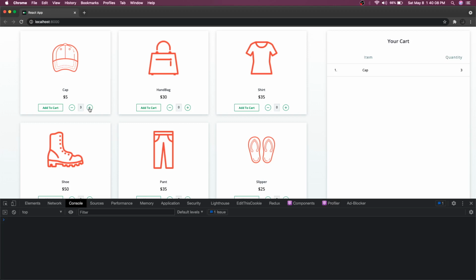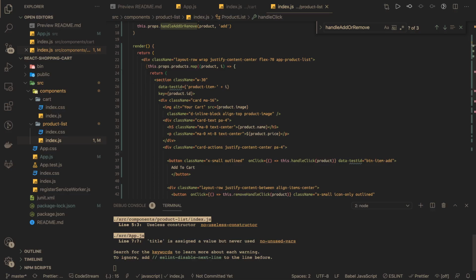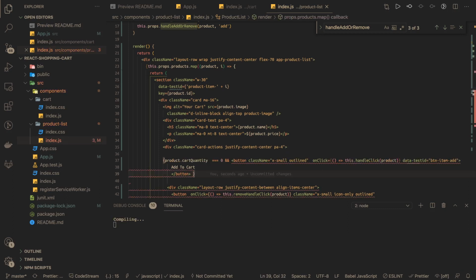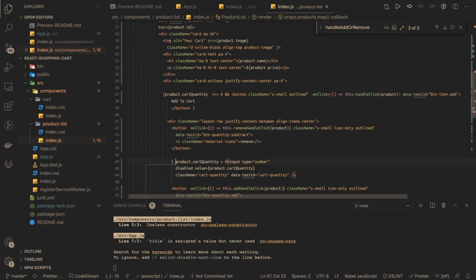Now we just need to add some conditional checks. Okay, in the product list, add to cart needs to be shown if your cart quantity is 0. That means the item has not been added yet. Something like this. And if you need to show this plus or minus, you need to show this plus counter only if your cart quantity is greater than 0. So let's go here. If this is greater than 0,